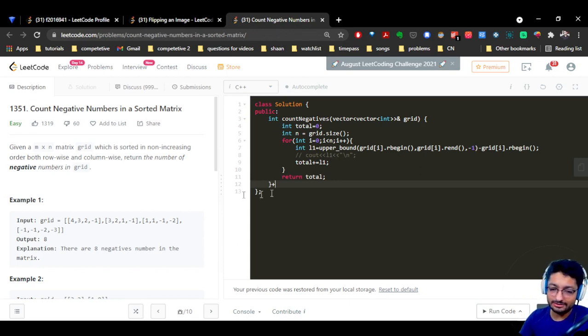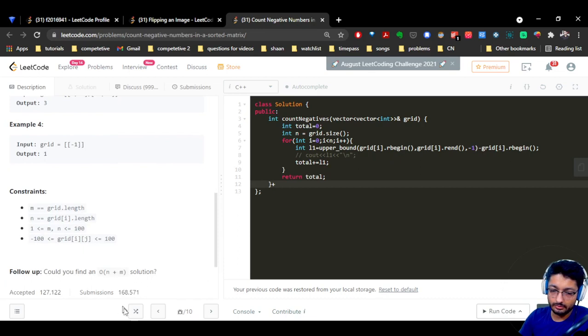Okay. Now as you can see in this problem, the grid size is up to 100. The simplest way can be that you iterate over every possible cell in the matrix and just check whether the number is negative or not. Okay, that's the most simple brute force way. In that way, you take O of n square time complexity, and then you can easily find out whether the numbers are negative or not, and the answer will be printed.